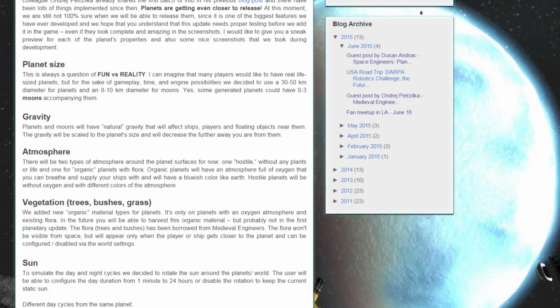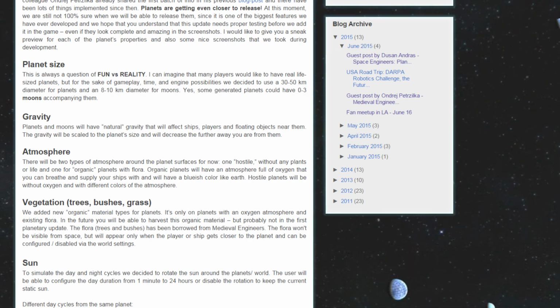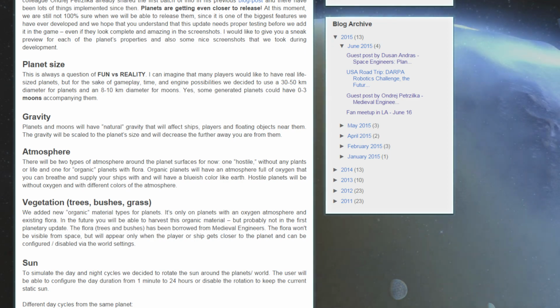Vegetation. Trees, bushes, grass. We added new organic material types for planets. It's only on planets with an oxygen atmosphere and existing flora. In the future, you will be able to harvest this organic material, but probably not in the first planetary update. The flora, trees and bushes, has been borrowed from medieval engineers. The flora won't be visible from space, but will appear only when the player or ship gets closer to the planet and can be configured/disabled via the world